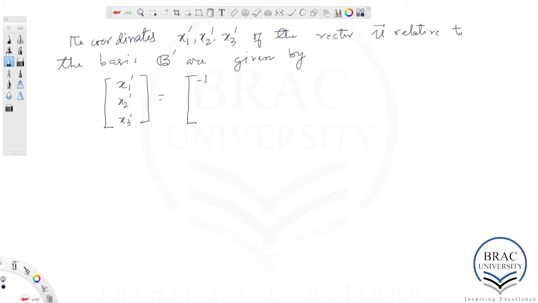P inverse is minus 1, 2, 11 over 8, then 0, 1/2, 3 over 16, then you have 0, 0, 1 over 8. That's P inverse times